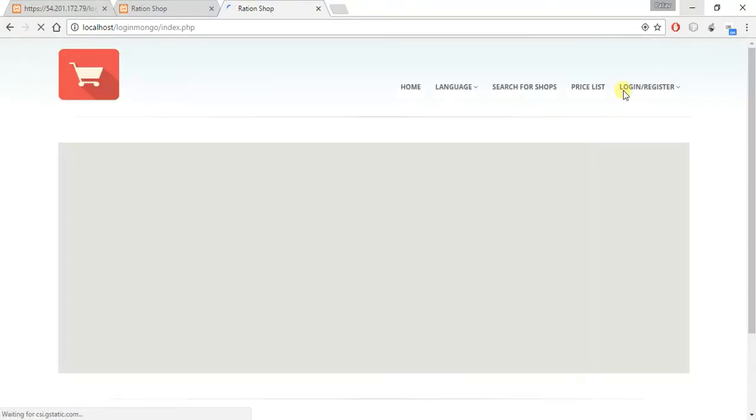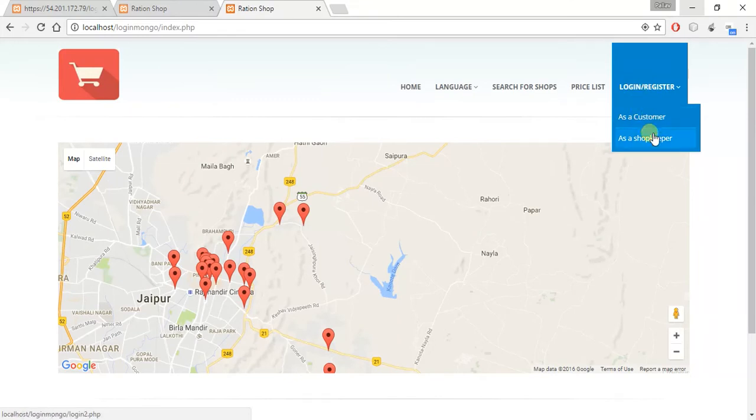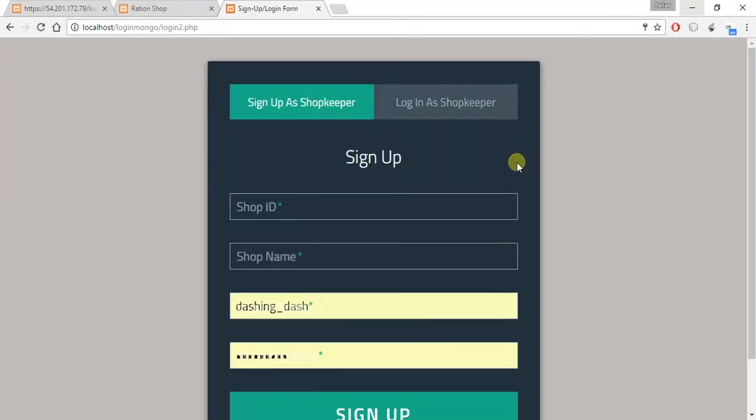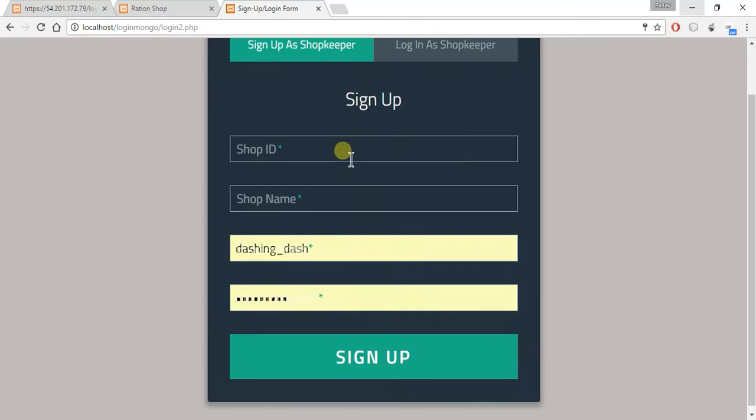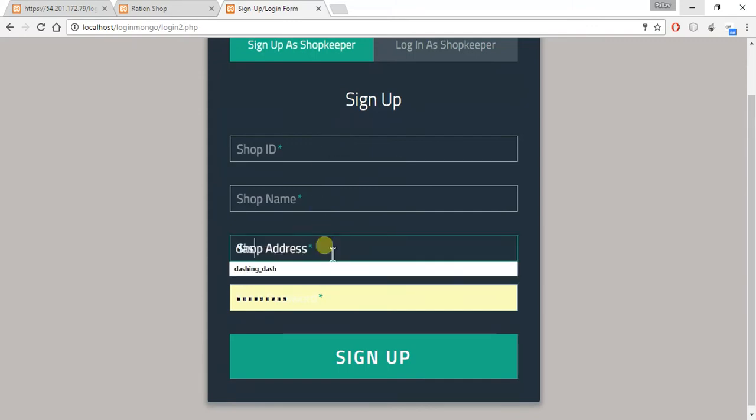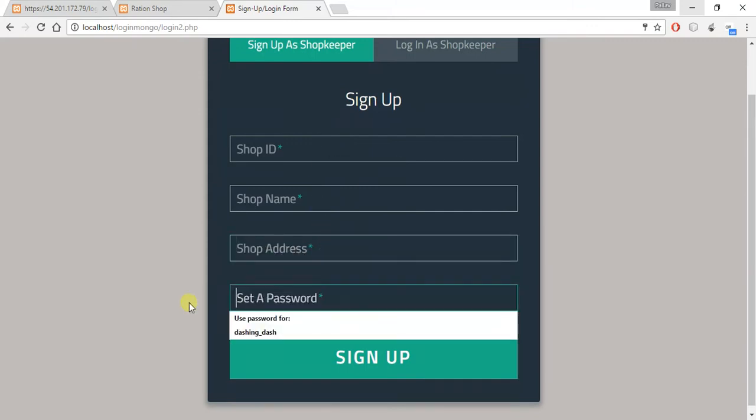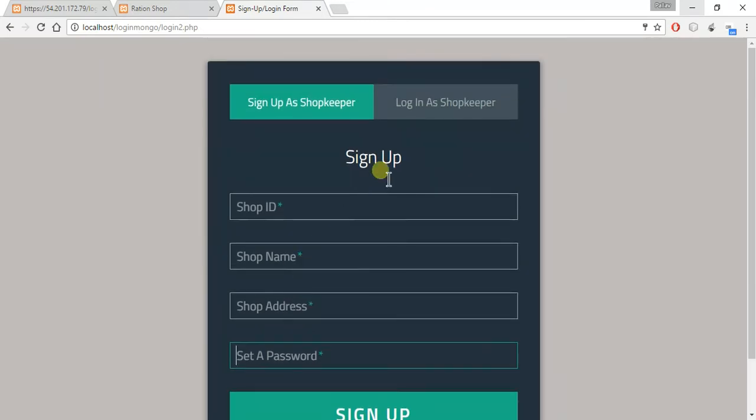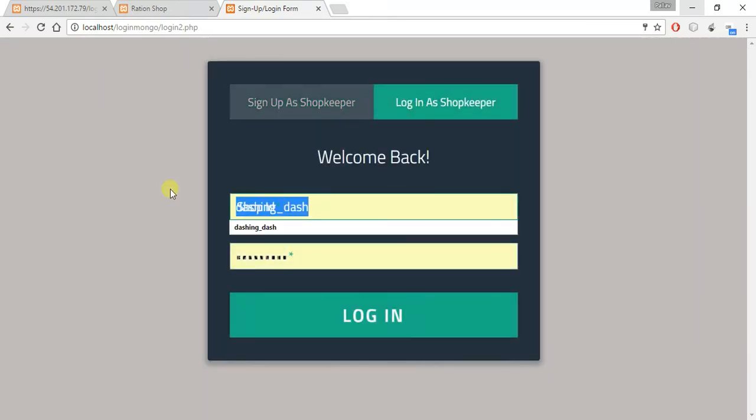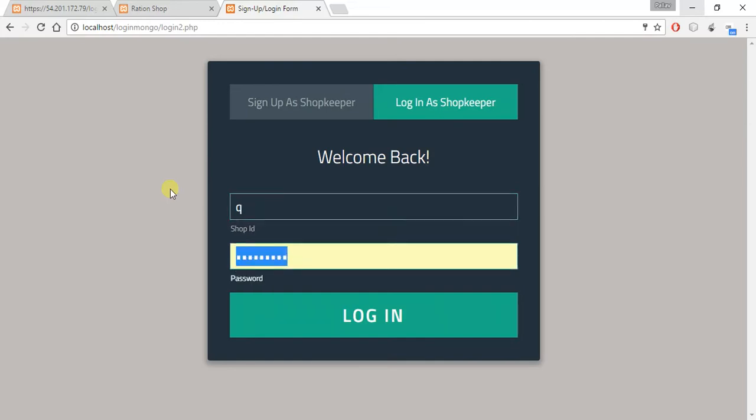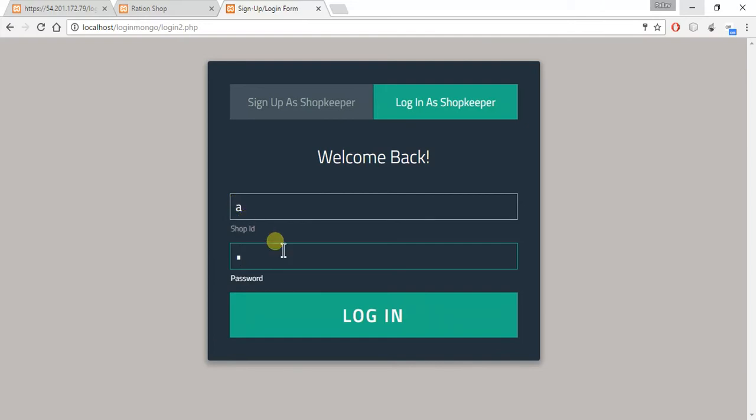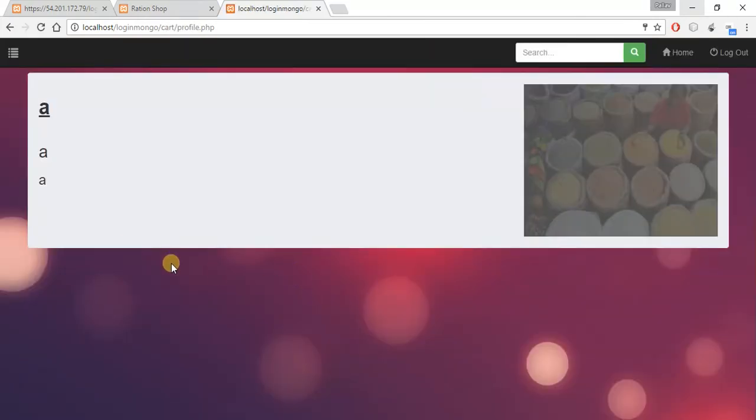Another functionality we have is login as a shopkeeper. Here, the shopkeeper can get the shop ID from the government source, and he can enter the shop ID, shop name, shop address, and the password to sign up as a shopkeeper. I've already signed up, so let me just log in. It is A, and as soon as the shopkeeper logs in, the name of the shopkeeper, the ID of